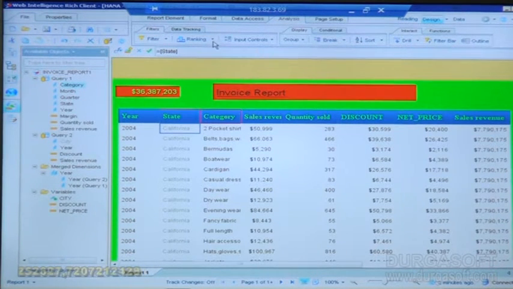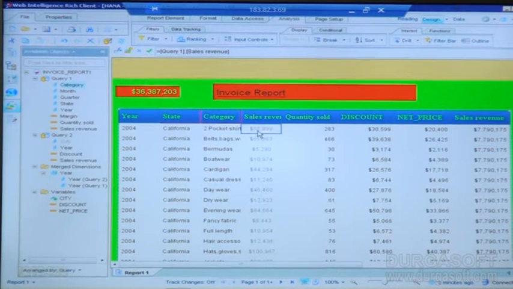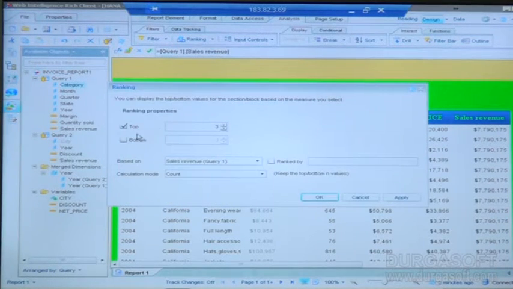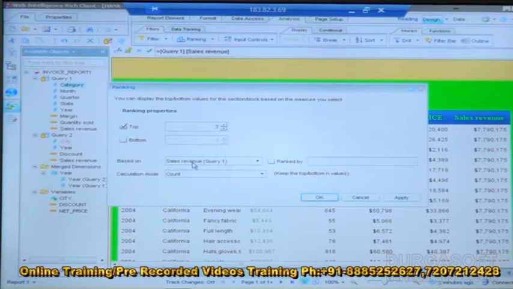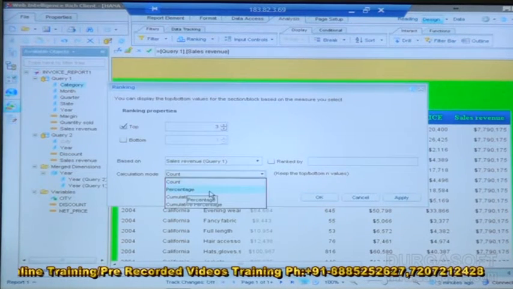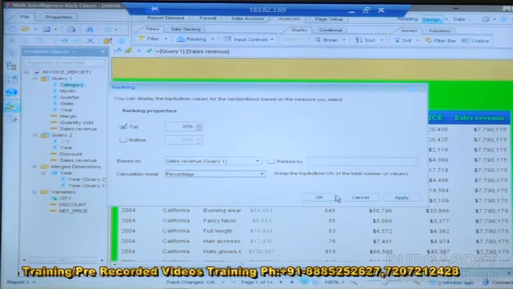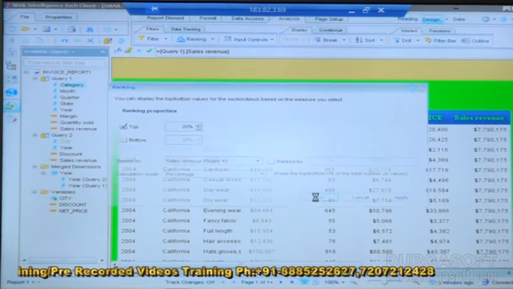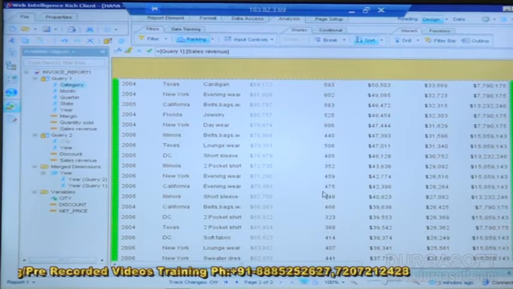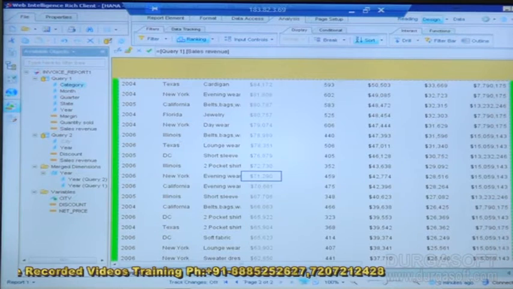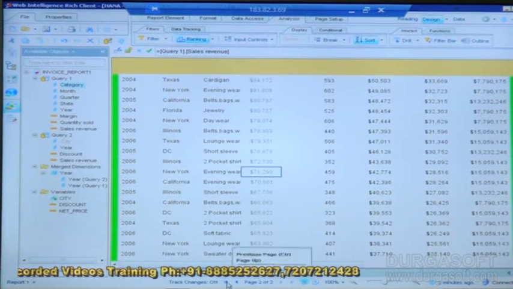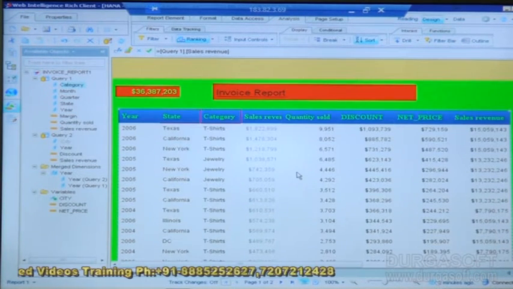Similarly, you have a ranking. If you need top 10 values or top 3 values based on some currency or net price, or top 5 sales, add ranking. I'll go for top 3 values. Sales revenue, I'll not count, it will be percentile. So I'll get rank by. Okay, these are all the top 20 values.